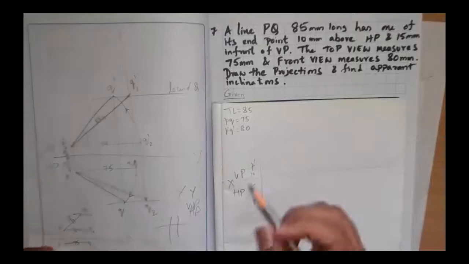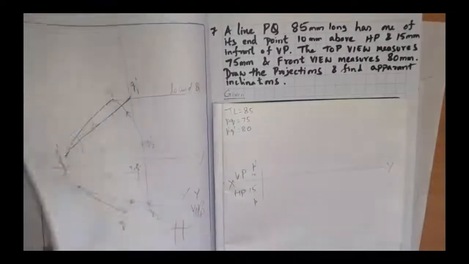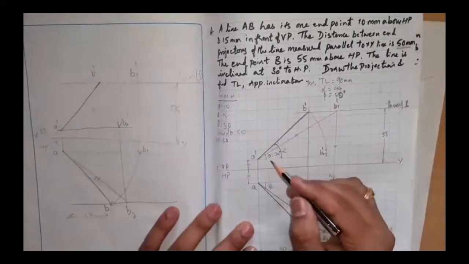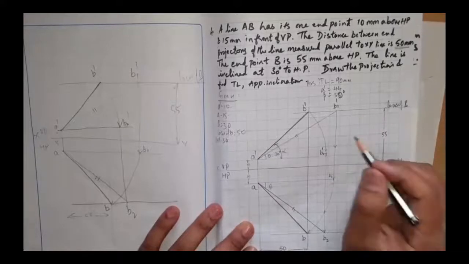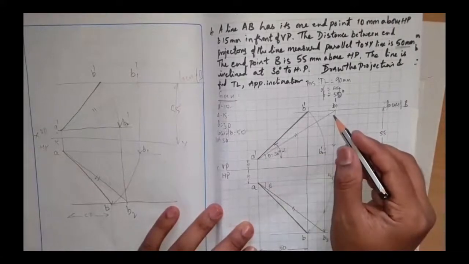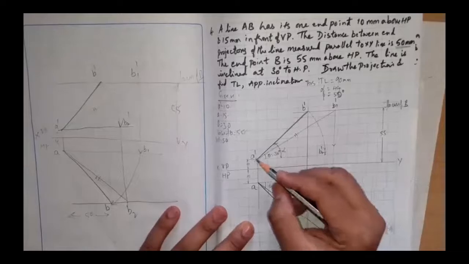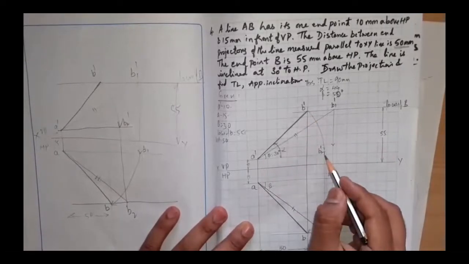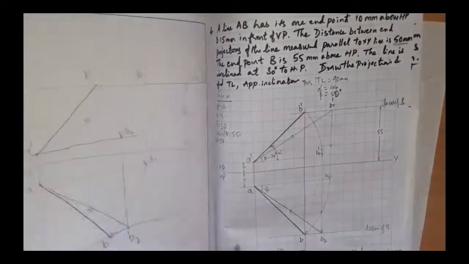So when P dash Q dash is 80 mm and PQ is 75 mm, just remember the previous conditions, how you have solved them. As no theta is given and no other locus of B distance is given, I am unable to draw the true length directly, even though I know the true length. What I have to do is find out this locus first. So before that, front view A dash B dash is same as A dash B2 dash. A dash B dash is equal to A dash B2 dash.